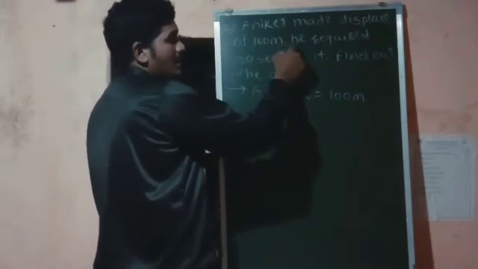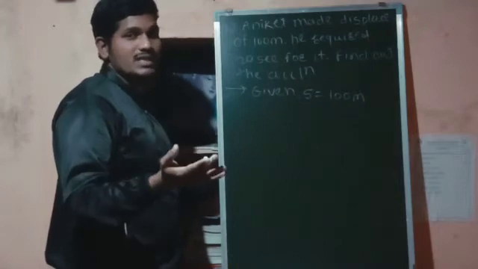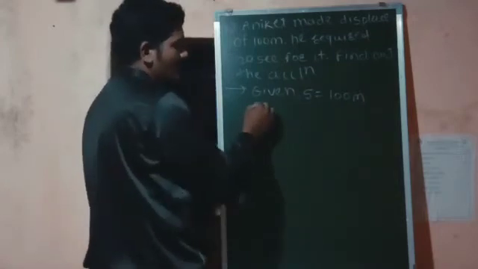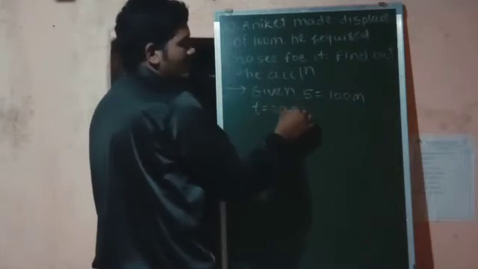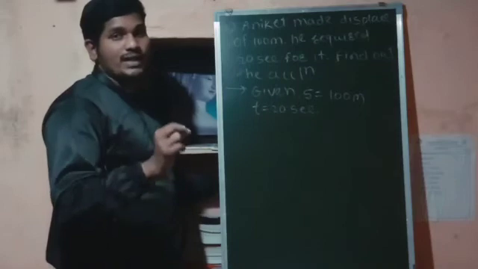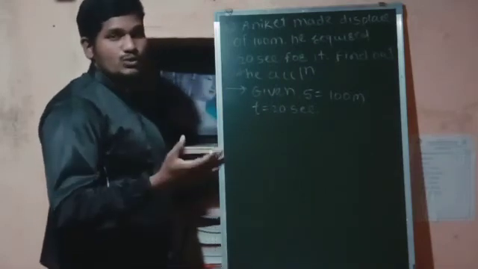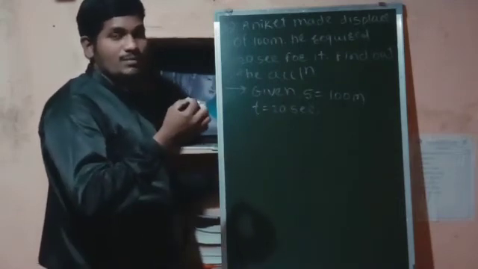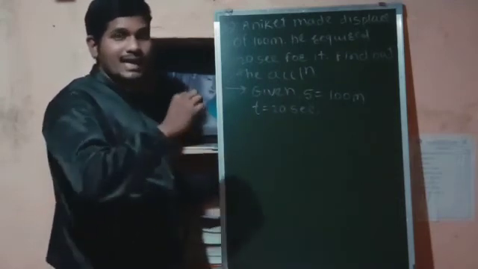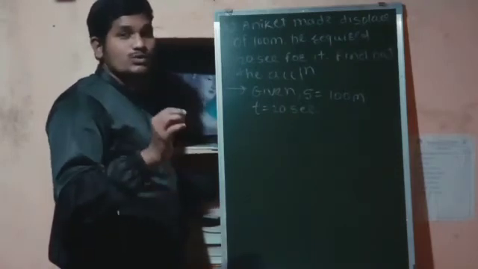Now after that he required 20 seconds for it. 20 seconds means obviously it will be time. So time will be 20 seconds. Find out the acceleration. So we have to find out the acceleration. Okay. Now what will be u as usual? If in the problem the value of u is given, then we have to take that value. And if no value of u is given, then you have to take u is equal to 0.